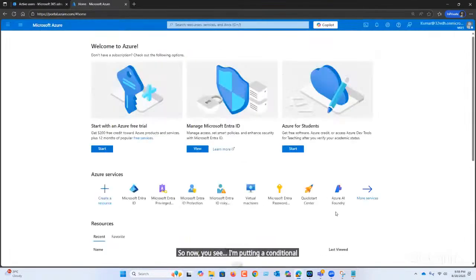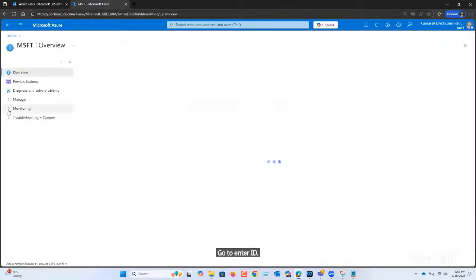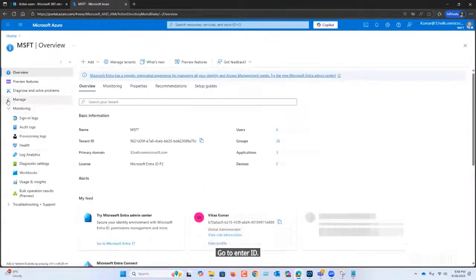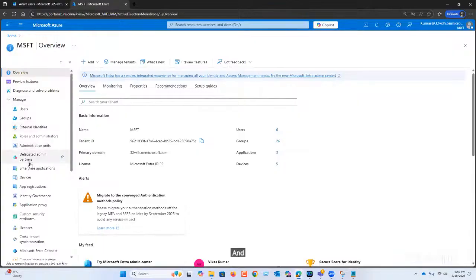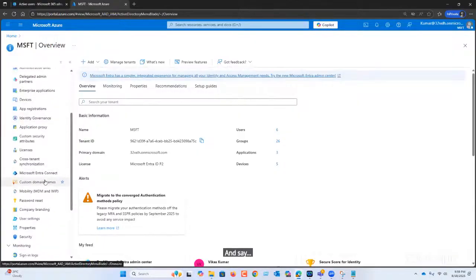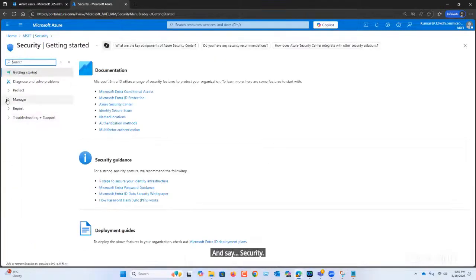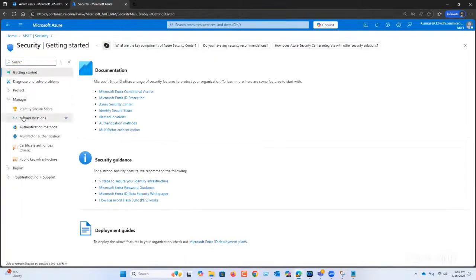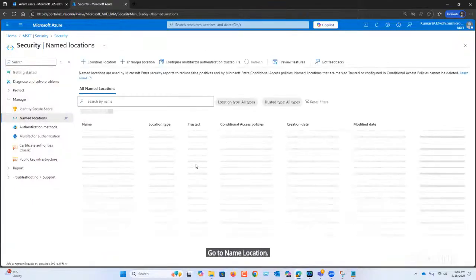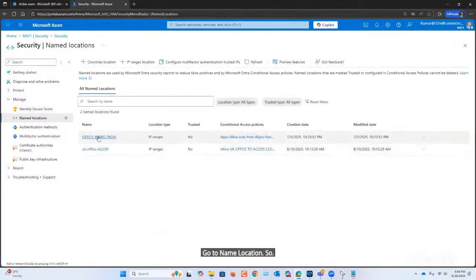So now you see, I'm putting a conditional access policy for this Alex. Go to Entra ID, and say security. Go to named locations. So I have Wipro and UK.